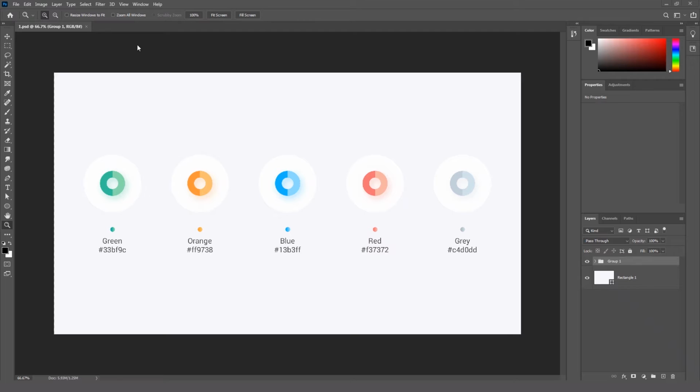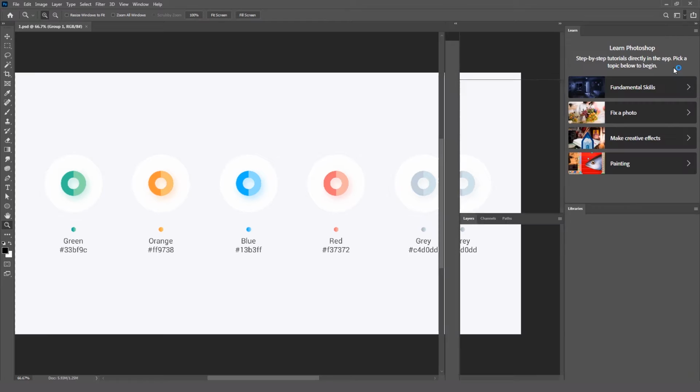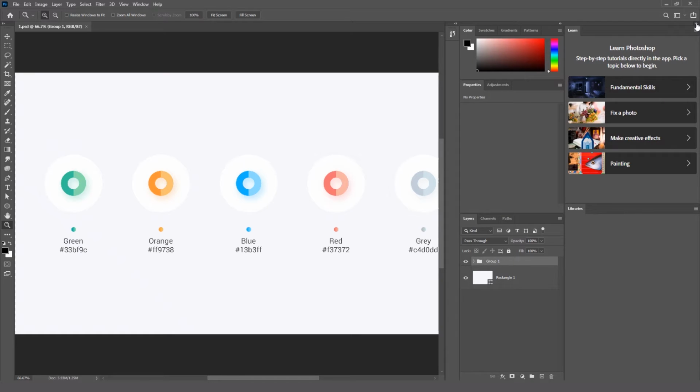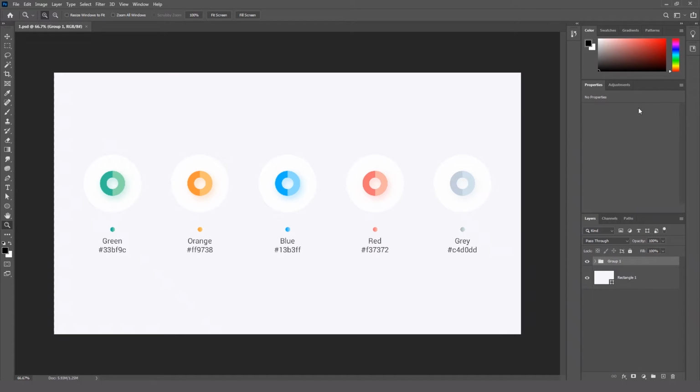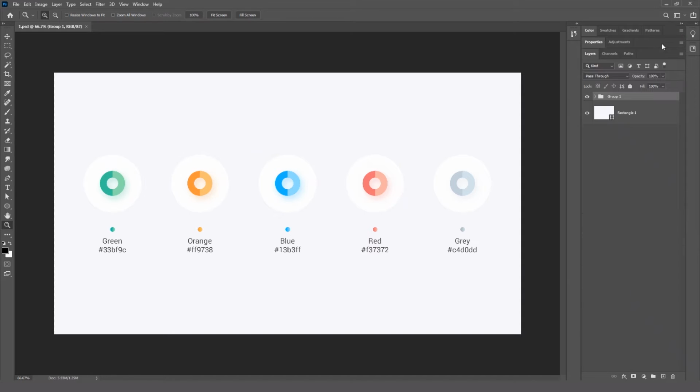So I have opened Photoshop and I have taken the layout. If you see your Photoshop interface, you need to reset this to Essentials. So reset Essentials, and then I have made a little bit of room for me. Now you can see there is a color panel and here is the layers panel. If you want to turn this off, you can, so you will get more space for the color palette. Now we are going to create a new document in Photoshop.